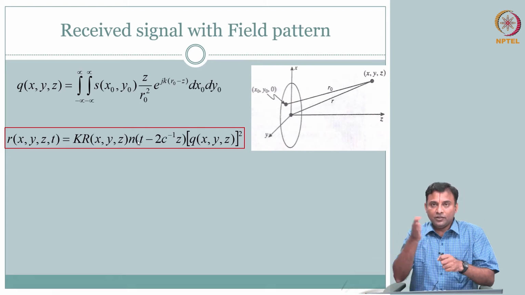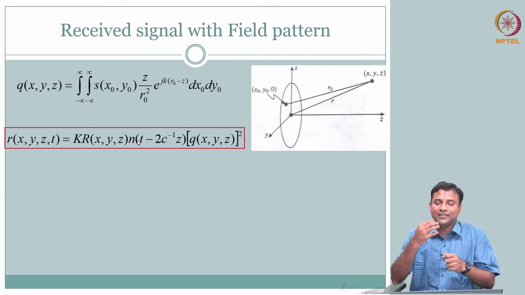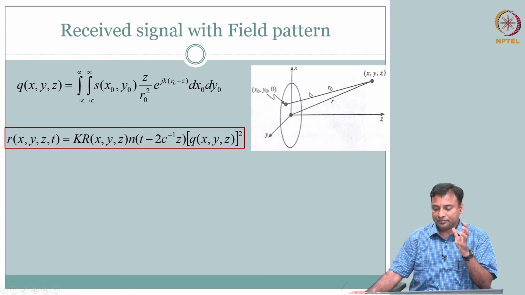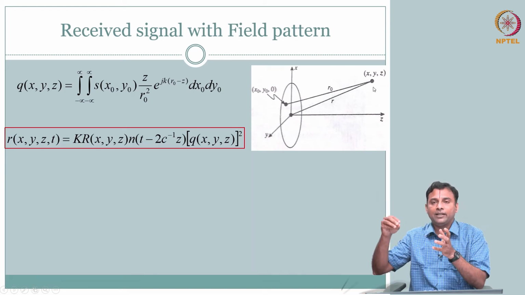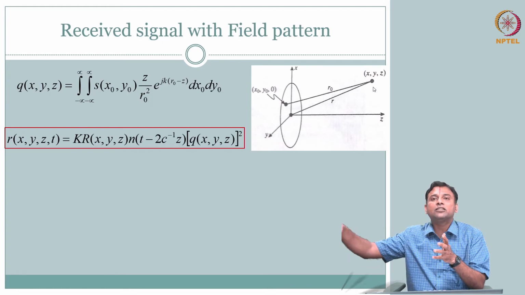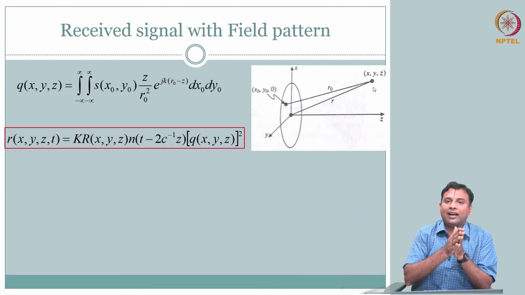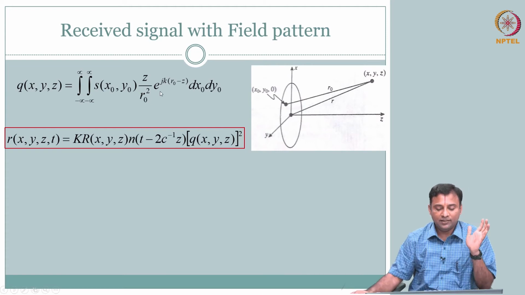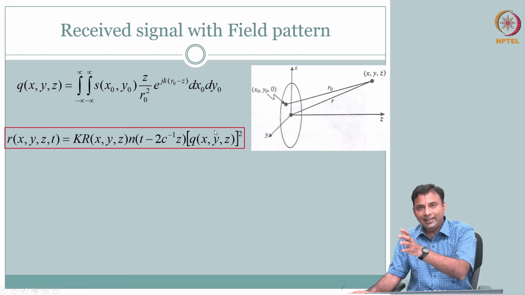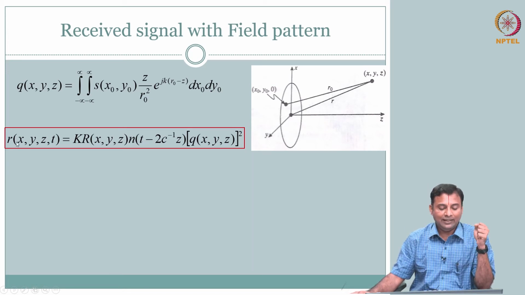Whatever you sent, the whole surface area is sending; it is a collection of points. The net sum of that is acting here, and there are several points. What is received back is, in the medium, wherever there is point scattering. There is a reflectivity distribution, if you will, and you are collecting back the whole sum of it. That is what this says. How is that distributed? You see it here from all the surface. This is how the shape and size of your transducer gets into the signal that you are sending and the signal that you are receiving.